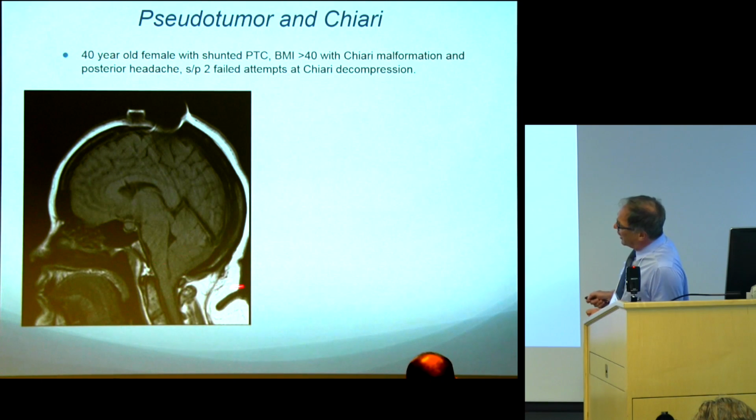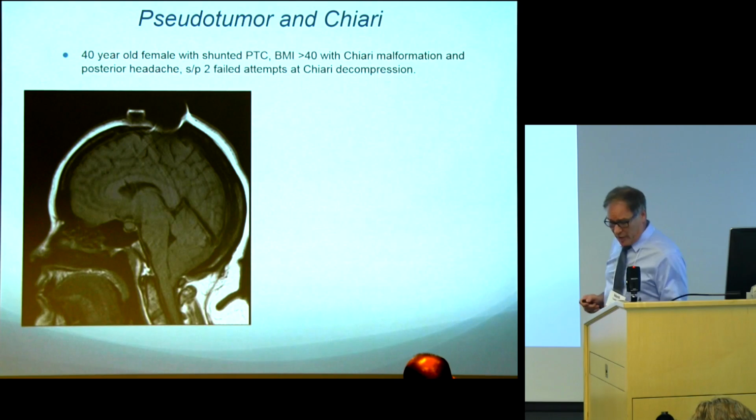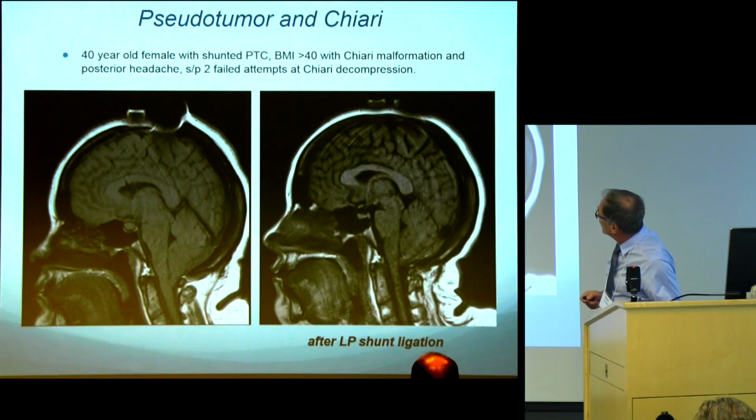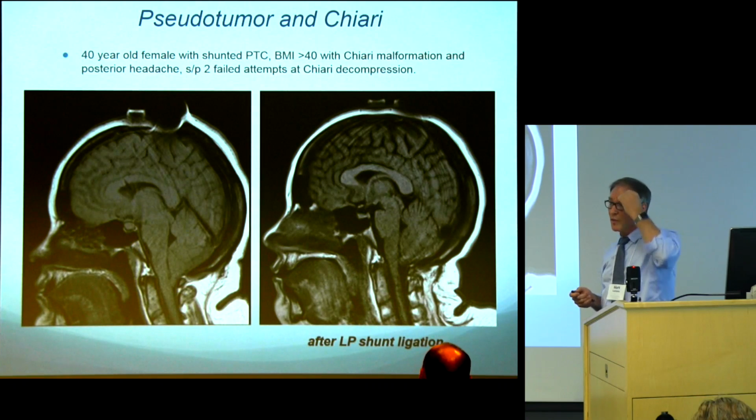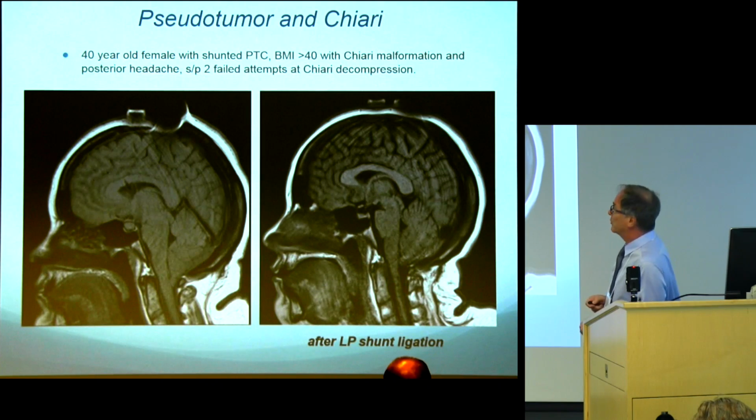This is where she had her pain. It was definitely due to the Chiari, and I was considering, well, maybe she does need a Chiari decompression. However, there's one other thing I didn't say, and that is she has an LP shunt, which was also used in the treatment of the pseudotumor, because it's hard to drain fluid from those little ventricles consistently, and someone tried